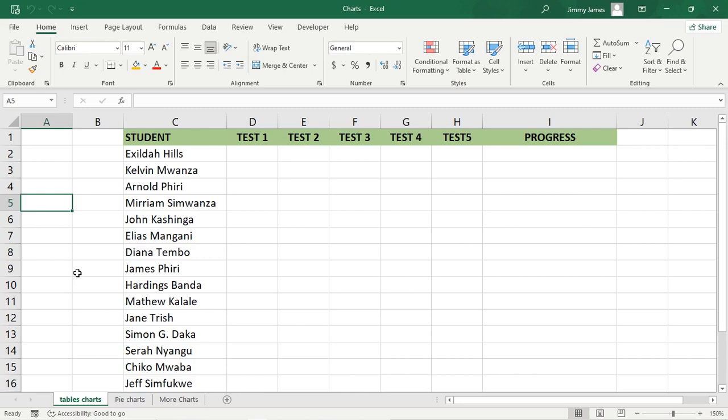Charts and graphs are a very easy way to explain data. So in this video, we are going to understand how we can use charts, starting with this simple table. So we have the student, we have 5 different tests and want to see the progress within this table using simple charts and graphs. For a start, we're going to use a random function to generate the results for all